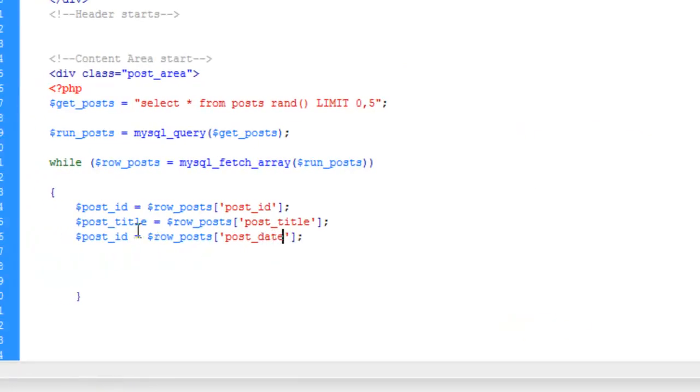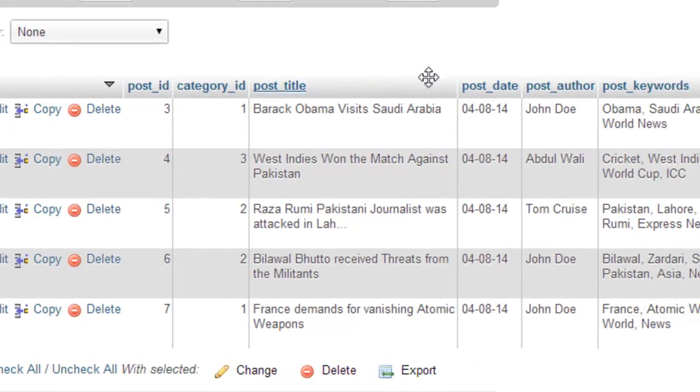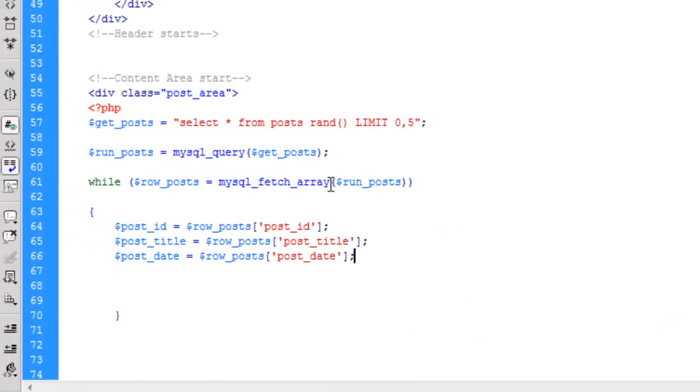Post date, and we will save this in the post date variable, a local variable. You need to enter these field names exactly as they are in your table, because you are actually making an array of the records or the data you have in your table. Now again I will paste it